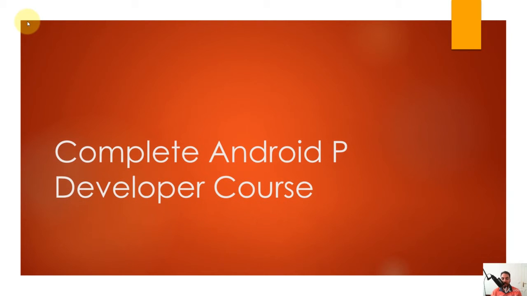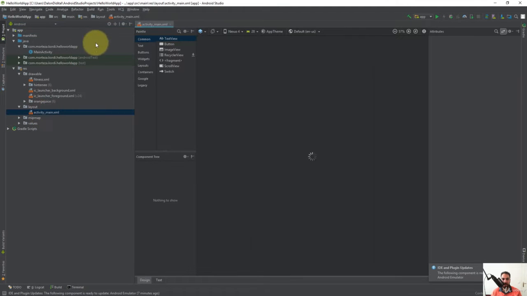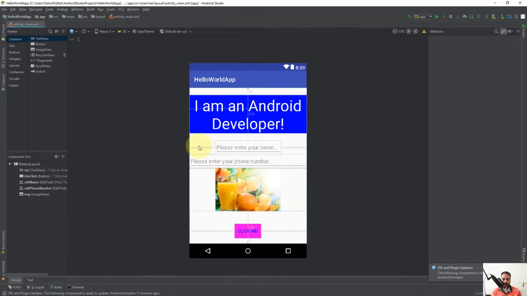Hello and welcome. In this video, we are going to master the layouts in Android. So now go ahead and open your Hello World app project and then open the activity_main.xml. So here you can see that we already have a layout, a relative layout with lots of UI components